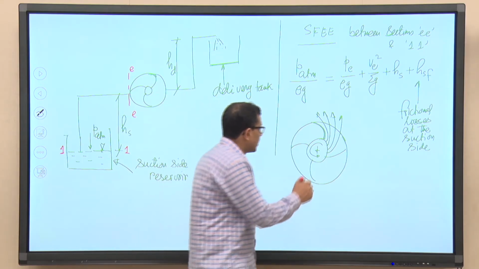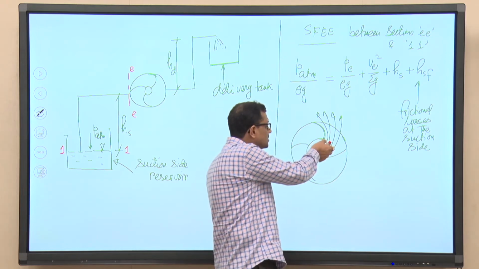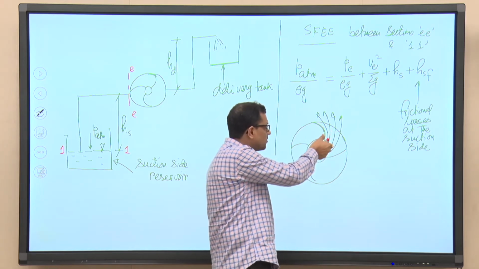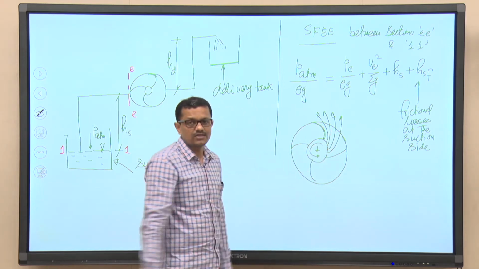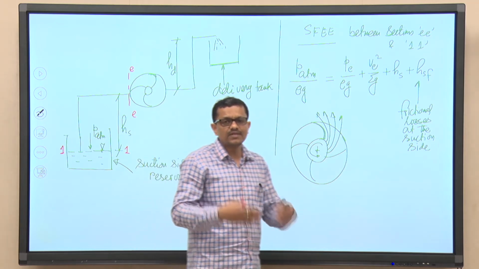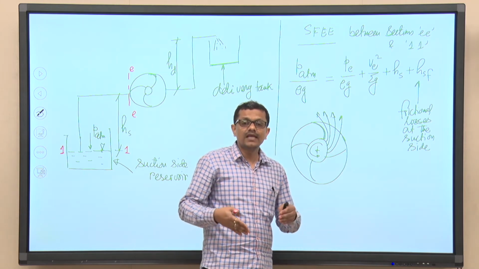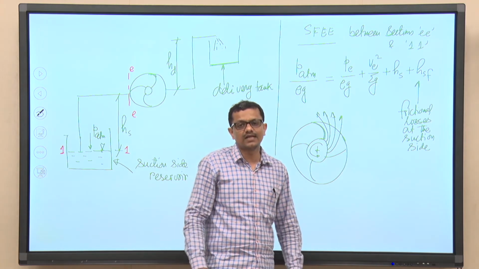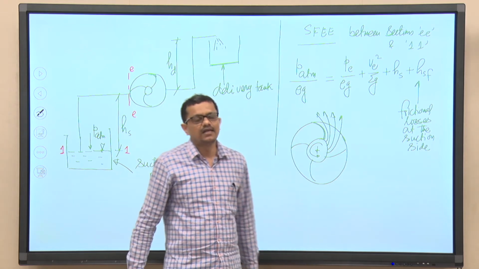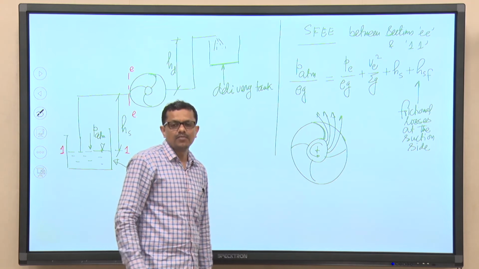Why? Because the total energy is remaining constant. When the liquid is now trying to flow through the path between two consecutive blades, because of the reduction in cross sectional area, the flow will accelerate, and because of this acceleration the pressure will fall, and that pressure may even go below the vapor pressure at the prevailing temperature, which will eventually result in the formation of cavitation, that is nothing but the formation of bubbles.